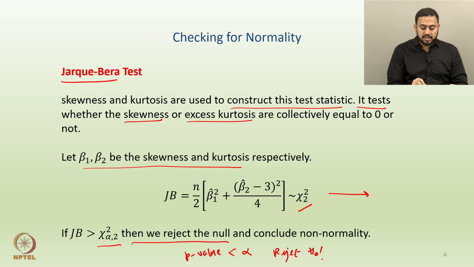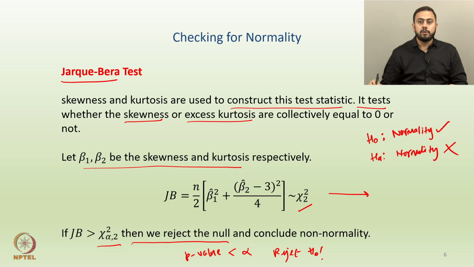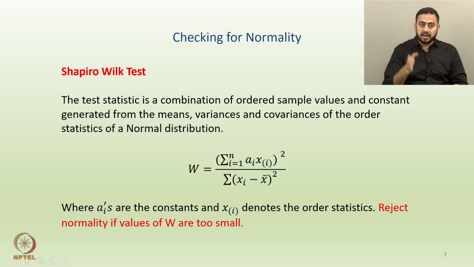And by the way, rejecting the null, the conclusion is non-normality, because for a Jarque-Bera test, H naught is that the distribution is normal, or normality holds, and the alternative hypothesis is that normality does not hold. So if you are rejecting the null hypothesis, you have to go with the alternative, which means that the distribution of the residuals is not normal. In this setting one can apply some formal hypothesis tests, let us say Jarque-Bera, or the second one, which is Shapiro-Wilk.